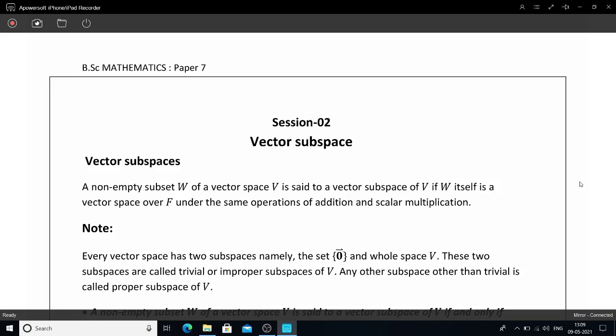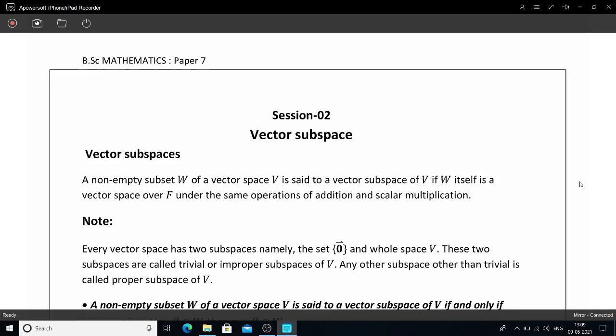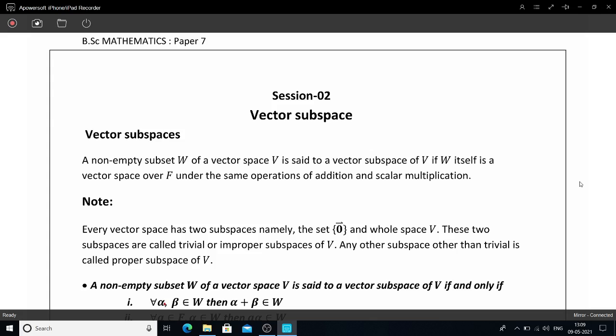Before I start the vector subspace, I want to recall the definition of vector space. How do you define a vector space? To define a vector space, we need a non-empty set containing vectors with two defined binary operations, that is vector addition and scalar multiplication, satisfying a set of laws. Set of laws means